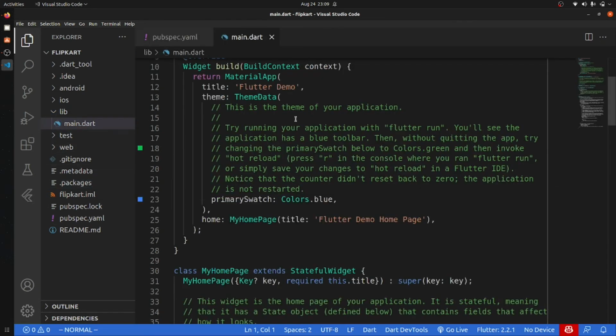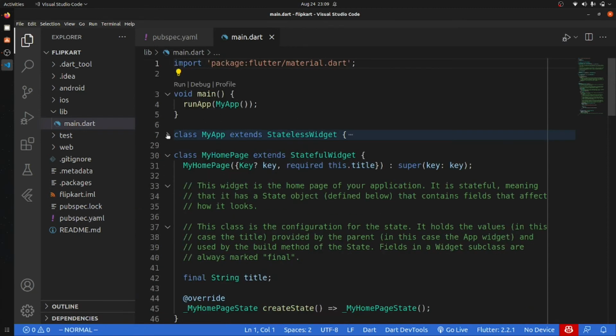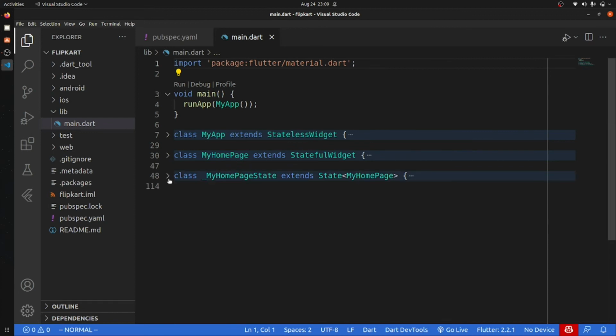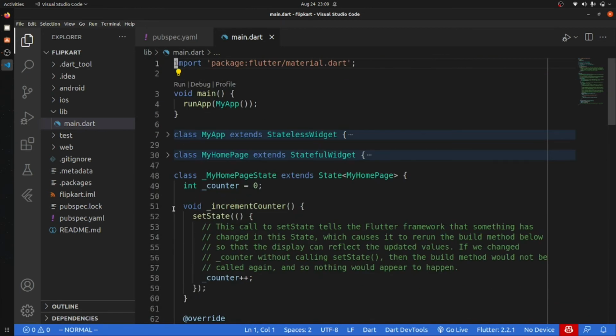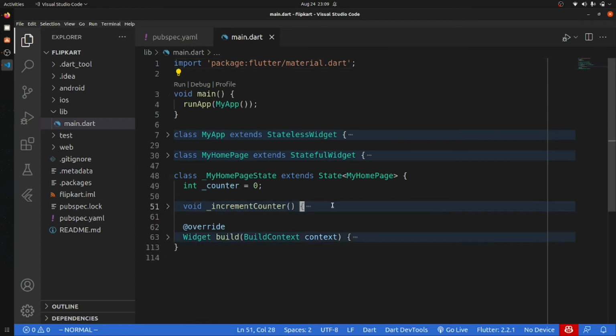Okay, and if we go to this main.dart, it has created a file in which we can show how to create a counter. So in the next video, I'm not going to explain the steps we have here. But I will explain each and everything from the next video: what is a stateless widget, what is a stateful widget, what are states and other stuff in our application.